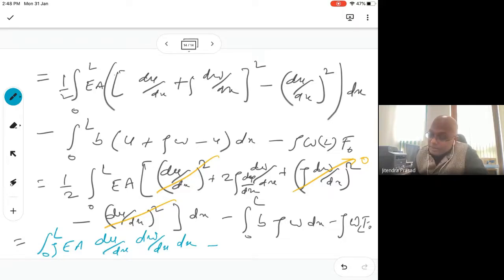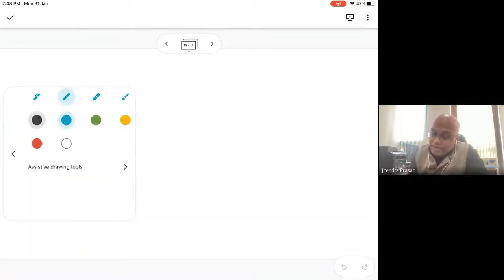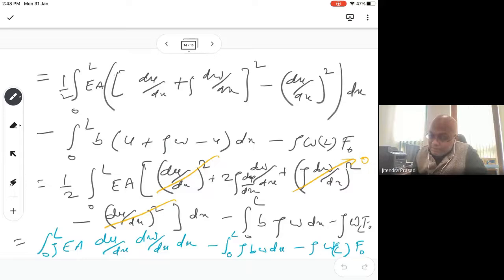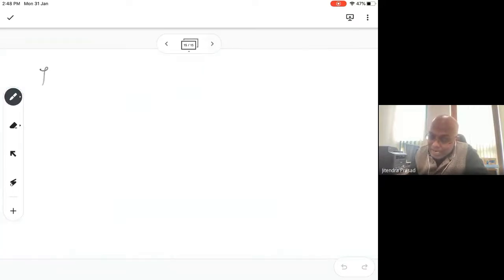Okay. Minus integral 0 to L zeta b w dx, minus zeta w at L, F naught. So finally we can write, we can have zeta in common, and we will have 0 to L, and then we have w EA dw over dx du over dx,